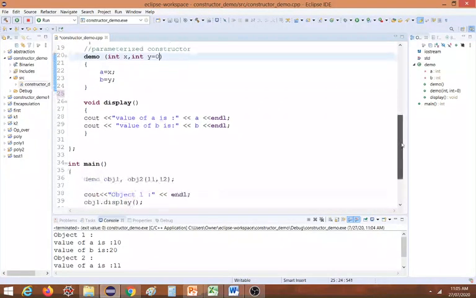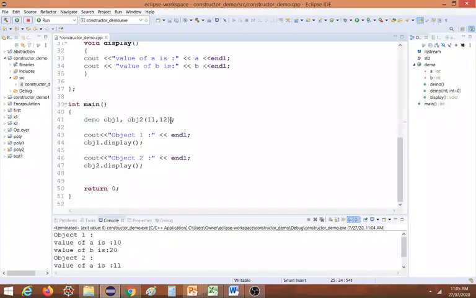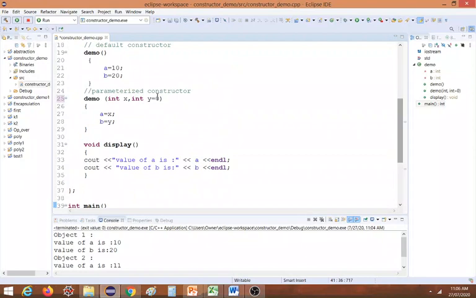Let us see how. We will declare one more object, obj3, and we will pass only one value, 55. So which function will it call? It will call the same function, but it will use the default value given for y.